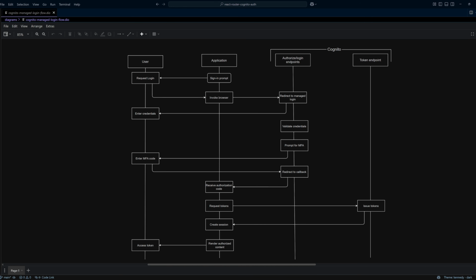Besides the data from the access token, we can also use additional data in the session, such as if a user is an admin. We will be able to retrieve this data from the database since we now have the user ID from the ID token. After creating the session, we will render authenticated content,